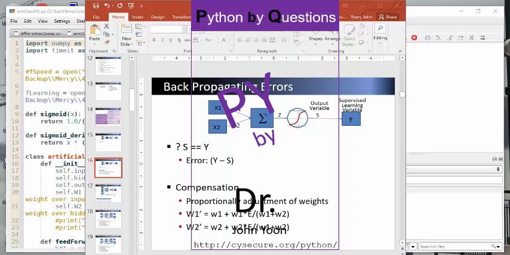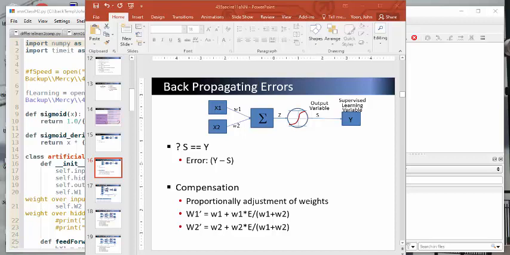Hello everyone, this is another continuation of artificial neural network. In the last module, we looked at the back propagation. There we had only one hidden layer. In the hidden layer,